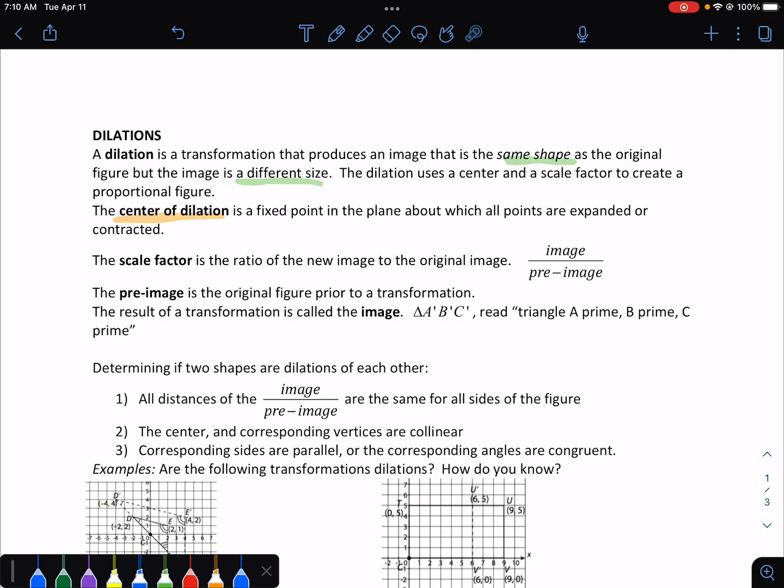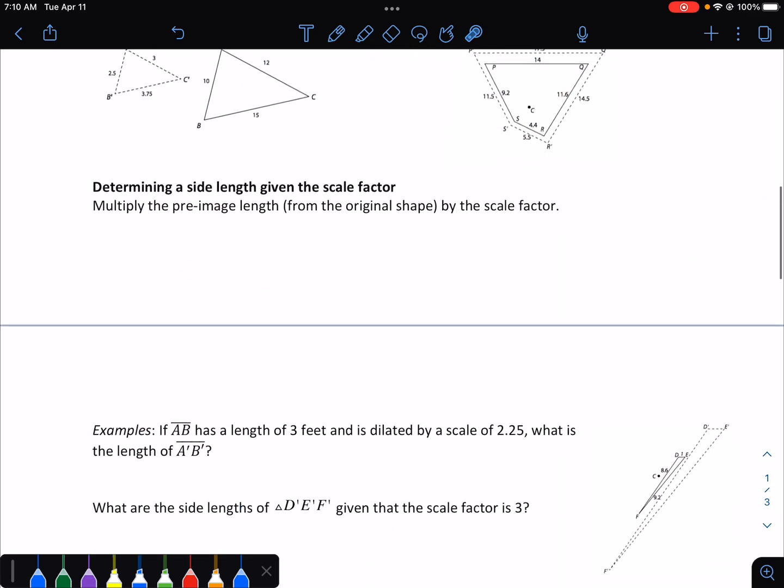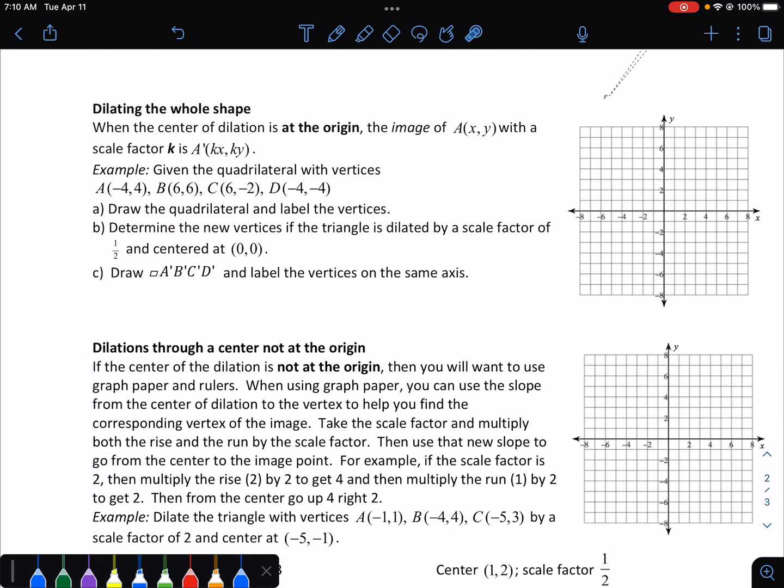Okay? And remember that our scale factor is what tells us what the ratio is between the two sides. And you can always find the scale factor by using the image over the pre-image. Okay? So if we look here, when we're dilating, if the center is at the origin, all you're going to do is take whatever the point is and multiply both the x and the y value by the scale factor. Okay? However, that only works if the center is at 0, 0, or the origin. Okay? So let's try this problem and then I'll show you how we can do it when the center isn't